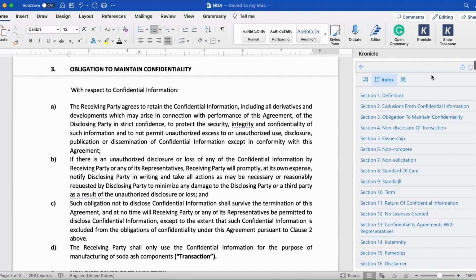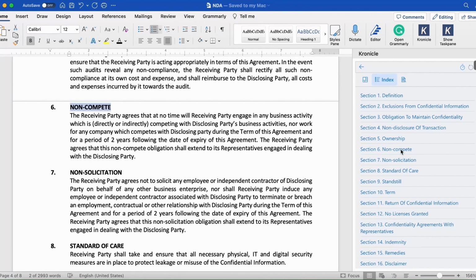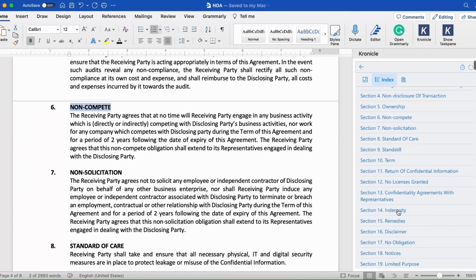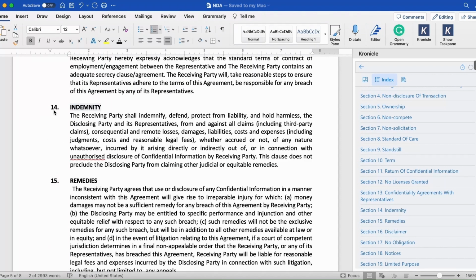So for example, if I want to see where the non-compete clause is located in the document, I have to click on the non-compete clause and I will be redirected to the clause in the document. Similarly, if I want to see where the indemnity clause is located in the document, I can click on the indemnity clause and I will be redirected to the indemnity clause in the document, and so on with each of